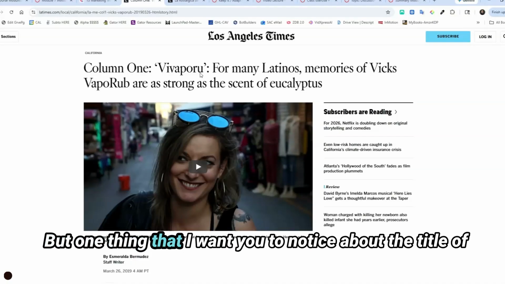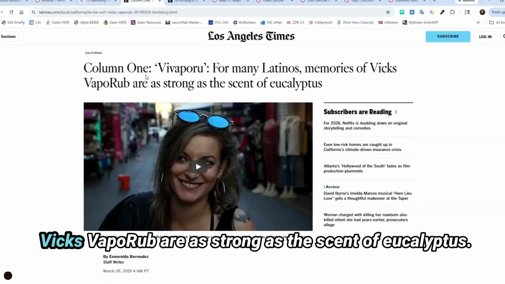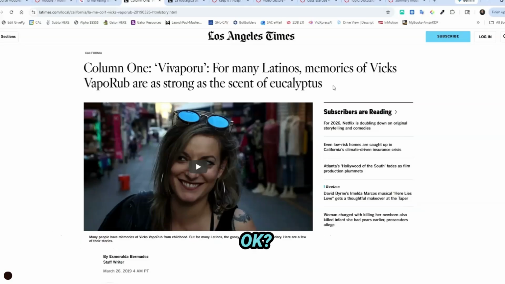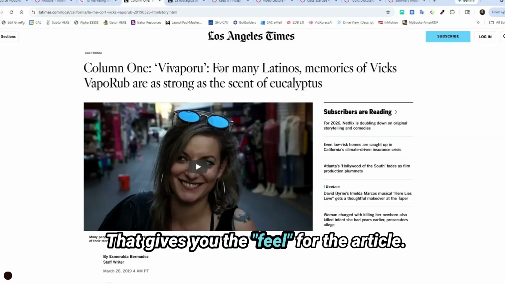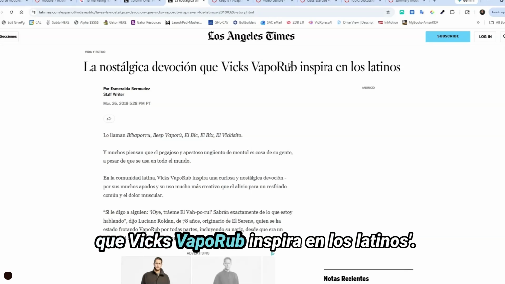But one thing that I want you to notice about the title of the article, "Viva Porru, for many Latinos, memories of Vicks Vapor Rub are as strong as the scent of eucalyptus." Okay, that gives you the feel for the article. In Spanish, however, "la nostálgica devoción que Vicks Vaporub inspira en los latinos."